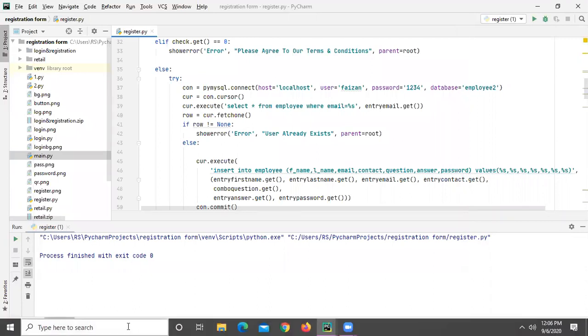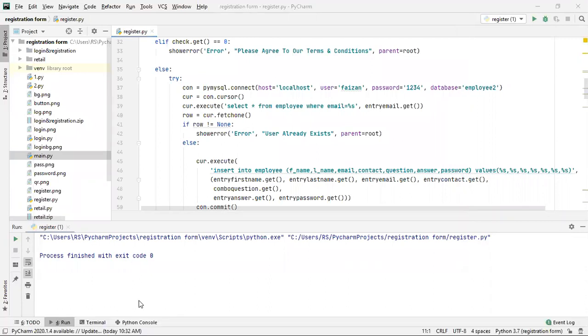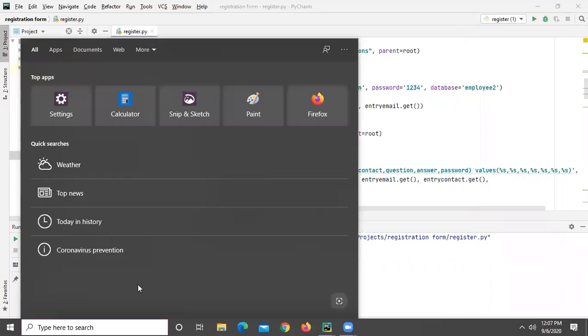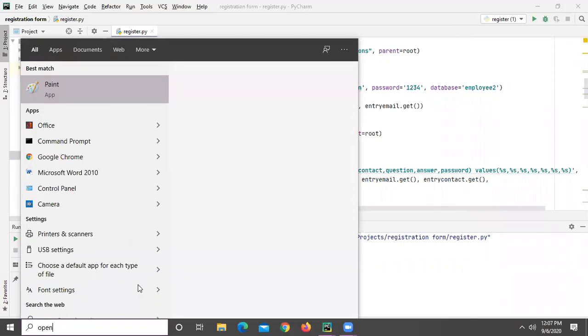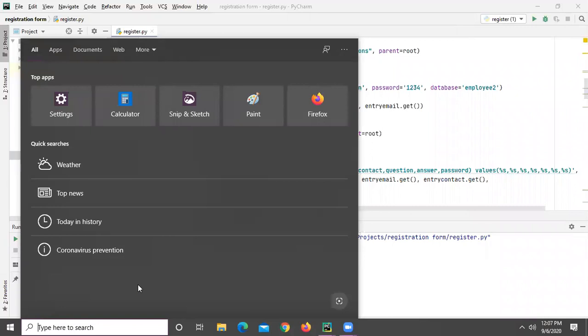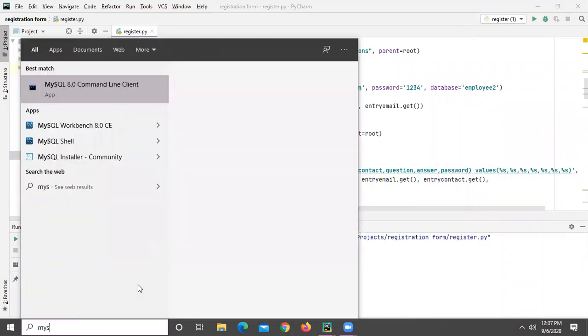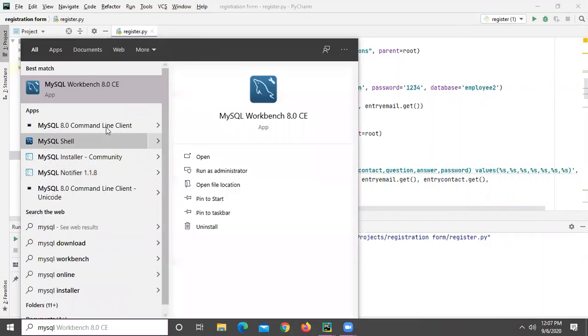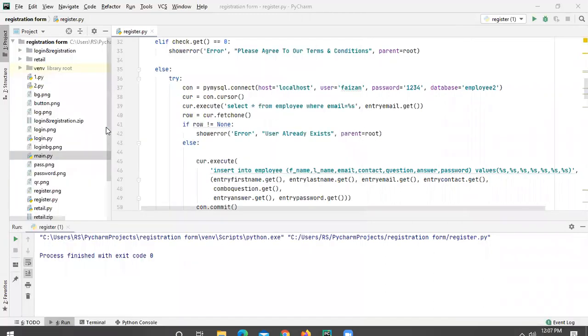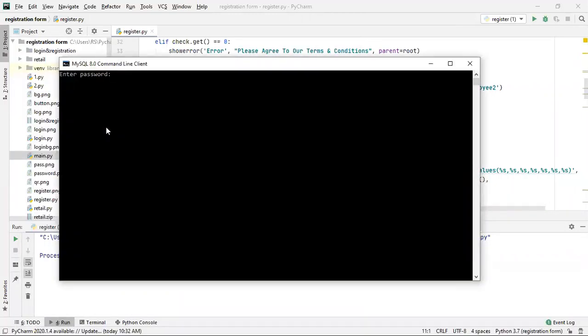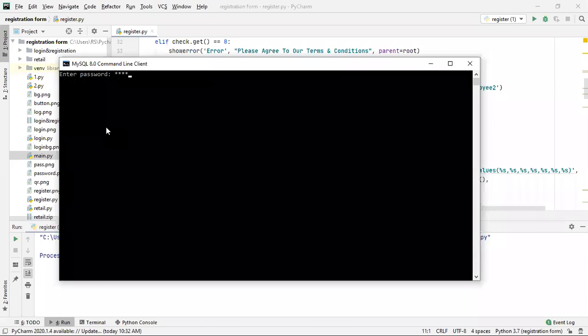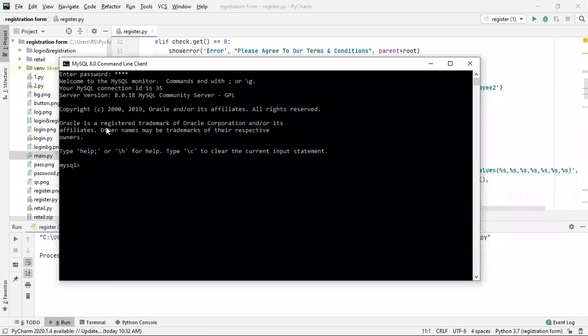Now we need to open MySQL command line again. So backslash q is used for quitting. And here now we need to create a database.